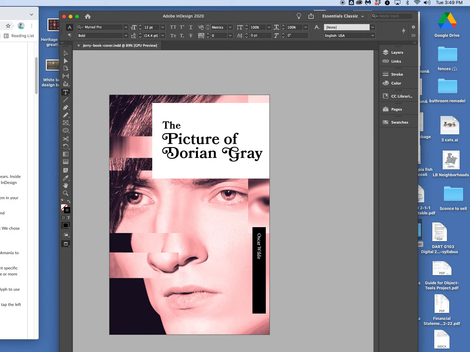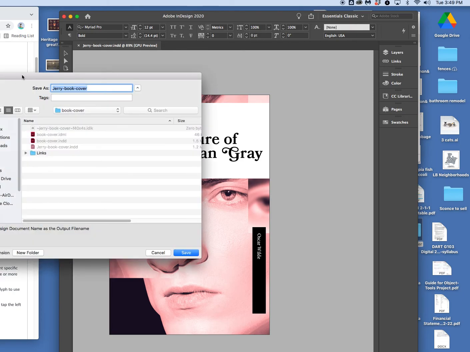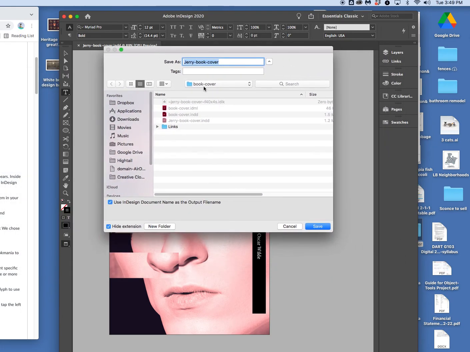I've been working with Adobe Illustrator today. With Adobe InDesign, from File, you go down to Adobe PDF Presets, and I would prefer you go to smallest file size. I can't drag this over here and show it to you, but select smallest file size. There, this is what you get. And then it's going to go to book cover. That's my folder. So here we go. PDF, save,